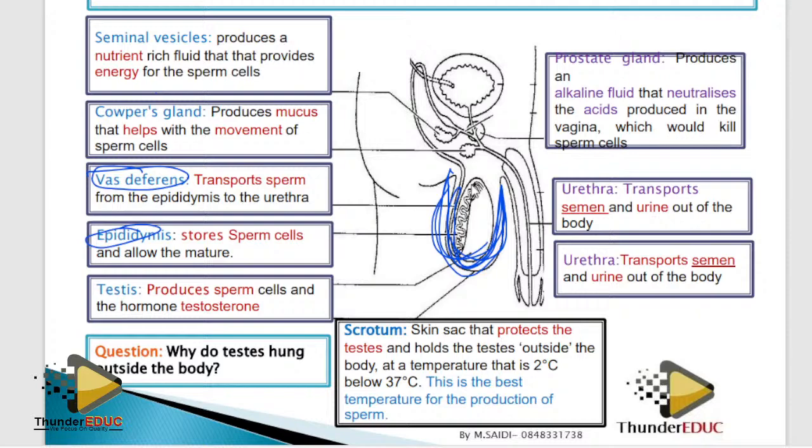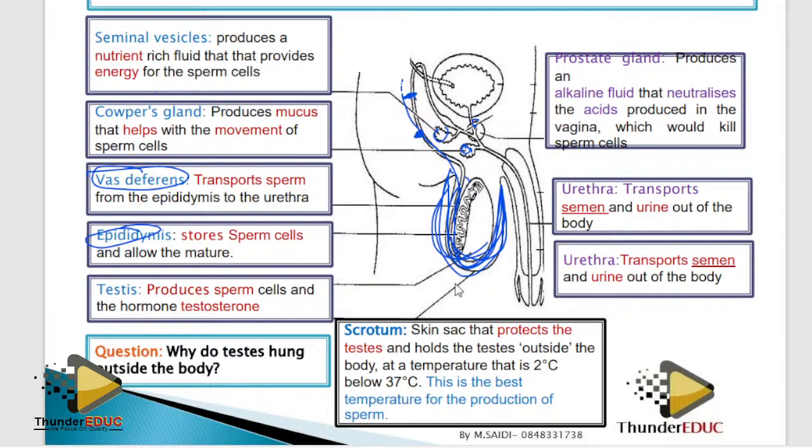Yes. Number 2, what if we cut this? What will happen? Will a person be able to spread HIV or STDs? Yes. Why? Because there are other fluids involved during this process of copulation, and they can have some blood, so there is some contamination, and then HIV can be spread. If vasectomy has been done on this person, can this person impregnate someone? No, because these sperms are no longer able to cross to the urethra.